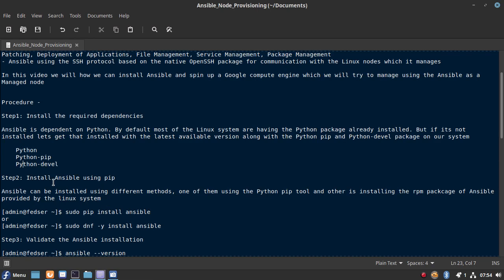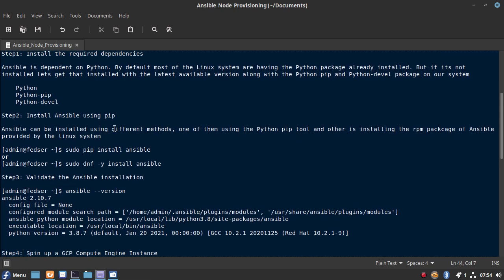So let's go ahead and see what we need to do in the next step. The next step is installing Ansible using PIP. Basically, every Linux system has its own RPM package which provides Ansible. But here we are installing Ansible using the PIP package.